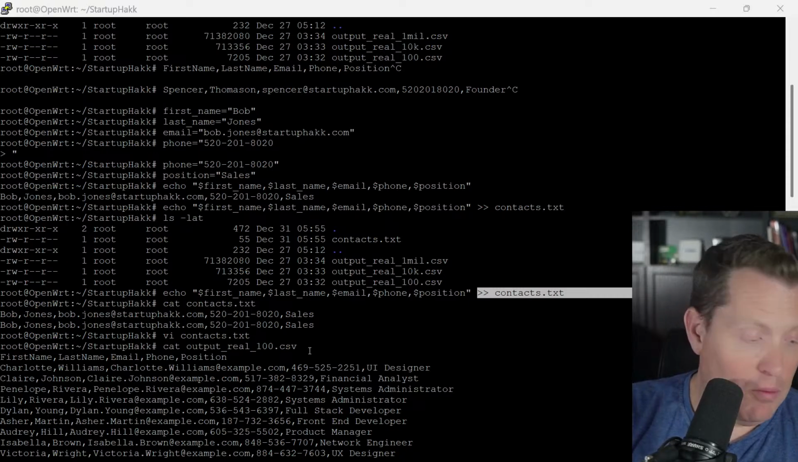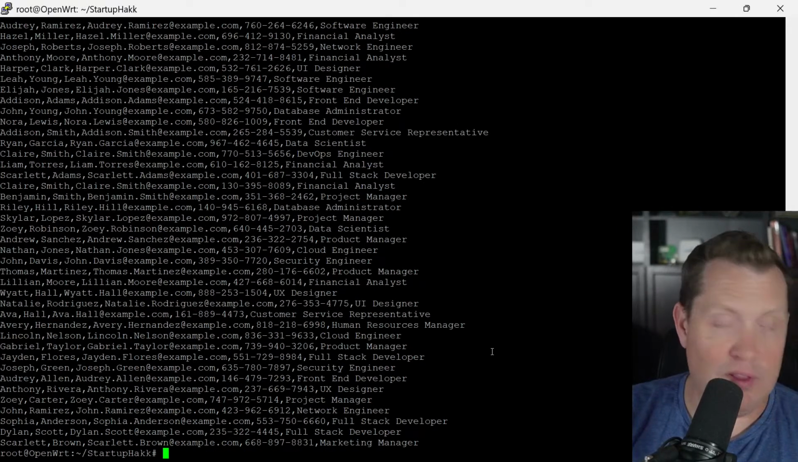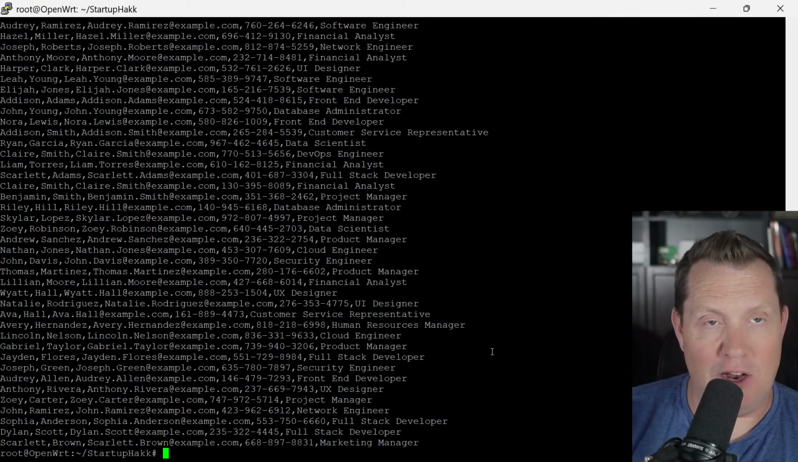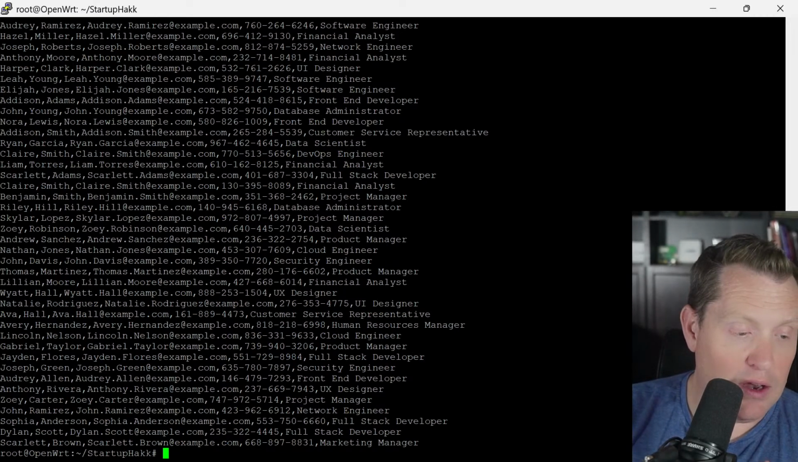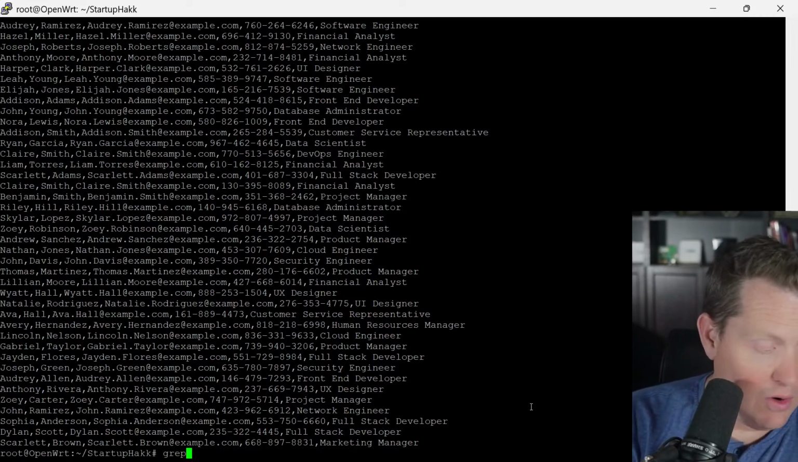Now, let's say, hey, show me how this file is becoming a database, right? This is a sample database, which is really just a comma separated list. What we've got here is, let's say I want to find Spencer in here. So I say grep,